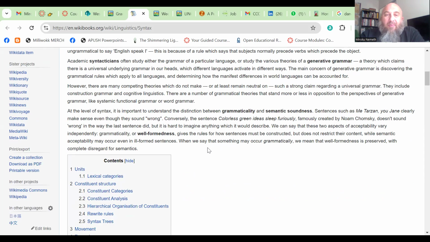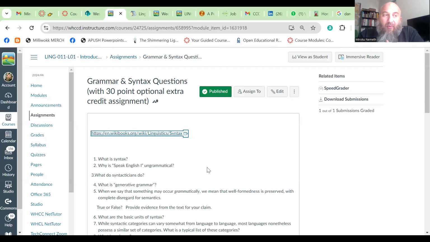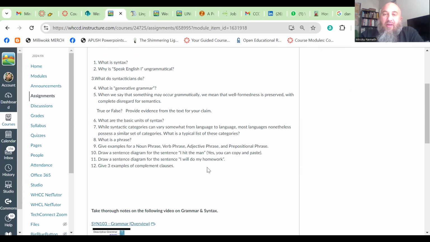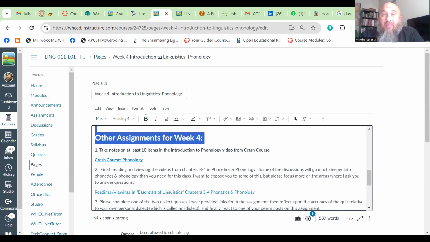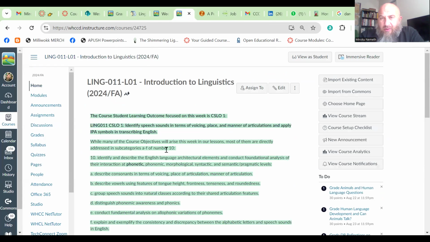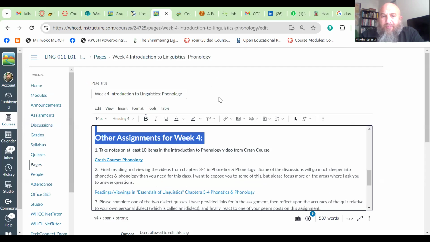So basically, syntax is looking at what makes grammatical formations in English and other languages, and they're different in different languages, and some things are the same. So one thing I want to do is look really quick at